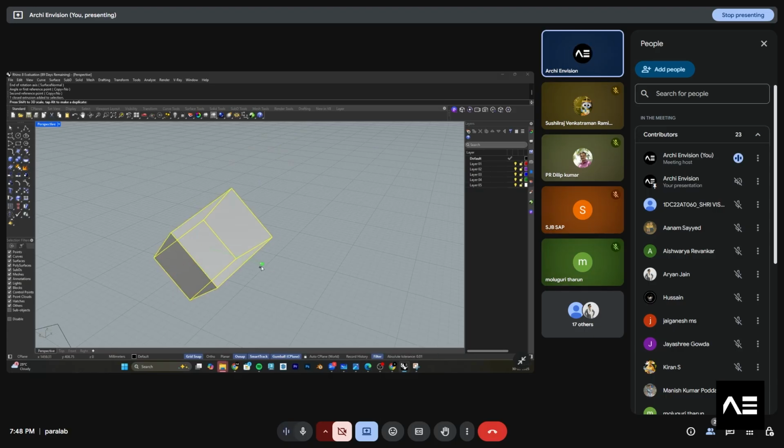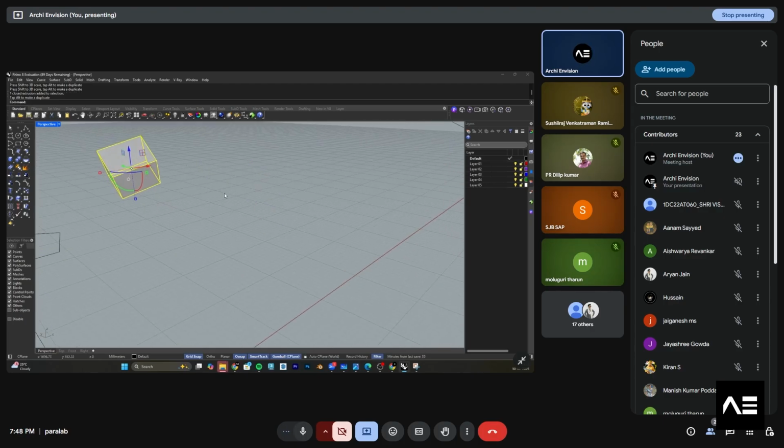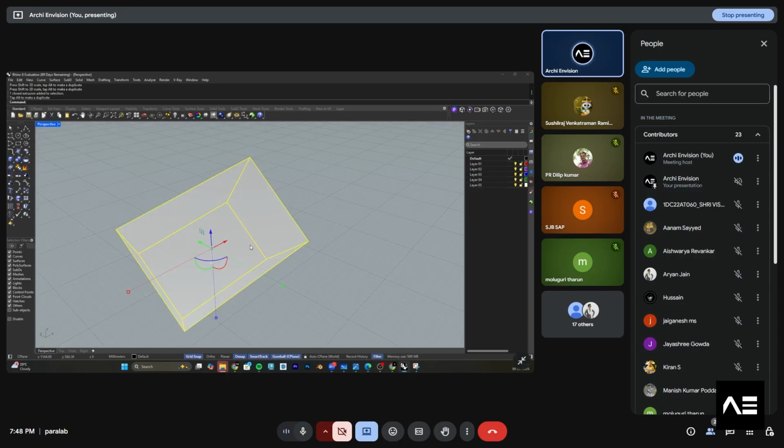It will have the scaling object, and it will scale the object in a different way on all the axes. And there is another rectangular box over here, which we can move along the plane. For example, XY plane is there, YZ plane is there. I'll tell you about planes later, so you will get hands-on with it.